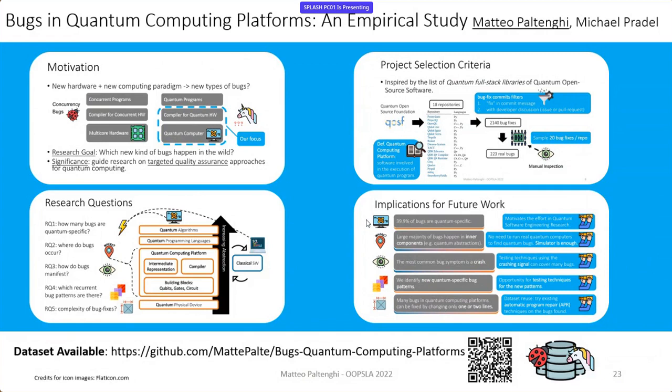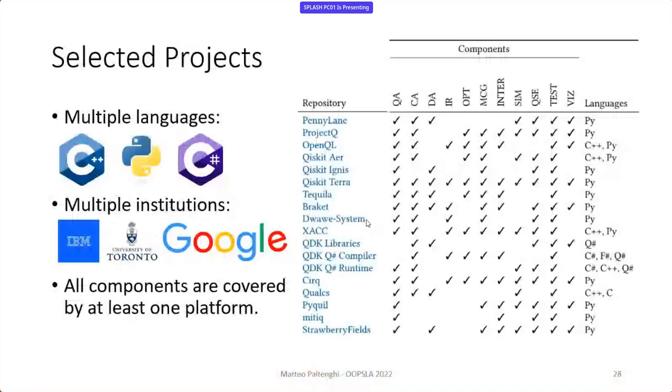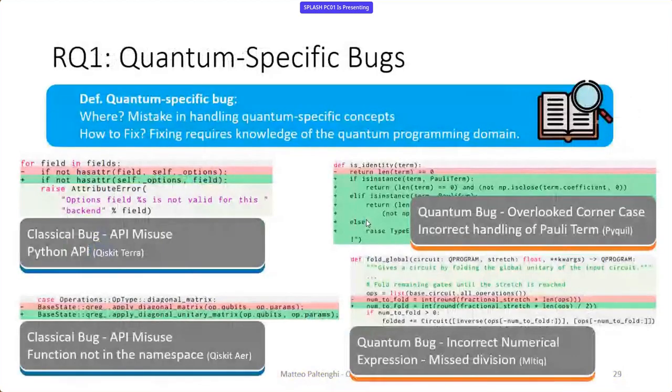Yeah, for example, I'm thinking about a proper example. So let me pick from the backup. There should be a slide about additional bugs. Okay. Yeah, like this kind of other quantum-specific bug. We label it as an overlooked corner case. And here, this term is a Pauli term, which is specific of the quantum domain. So it's an abstraction created purposely for this. And here we have that, as you see, the change was deeply checking some types inside the platform to properly do this operation in particular.